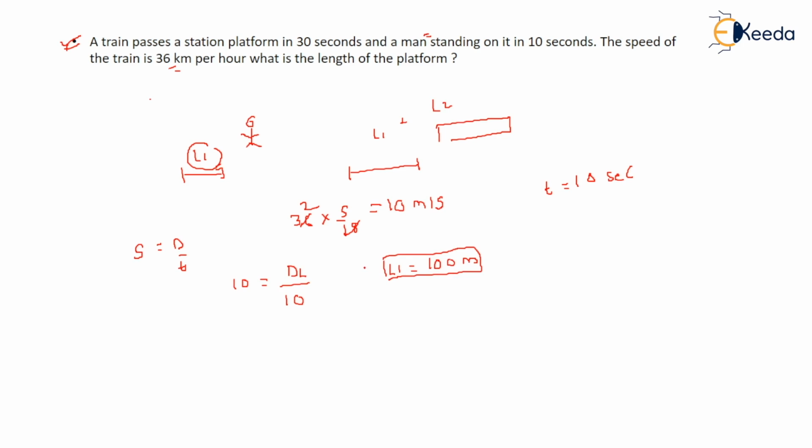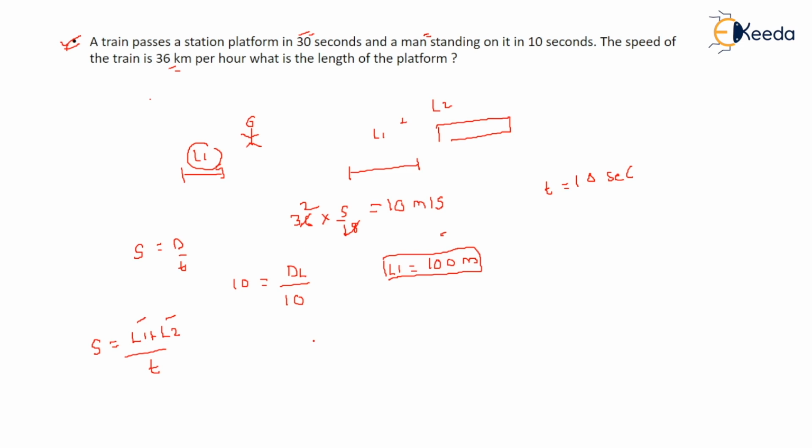After that you have to find out the length of the platform, right? So you have to find out platform length. So now in platform length, what will you do? The addition of both the lengths takes place in platform, right? Train length plus length of platform upon time, whatever the time it took. So you can find out simply. You know now one length is known to you. You have to calculate another length. You know the speed with which it is traveling, that is 10 meter per second. You know the time it took to cross the platform, that is 30 seconds. So you can simply find out.